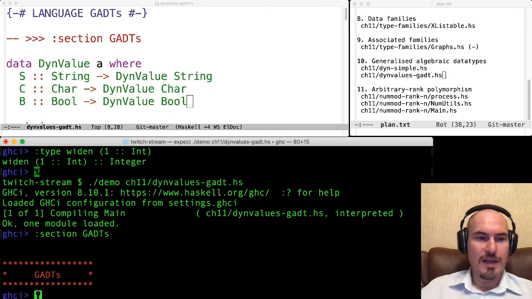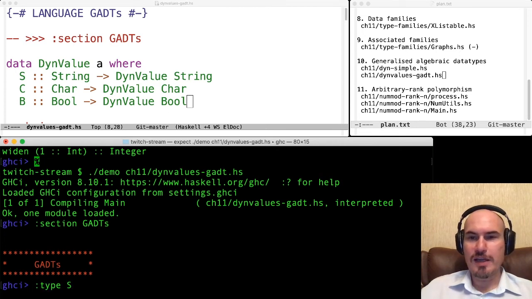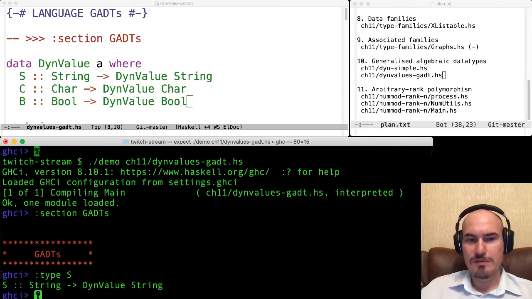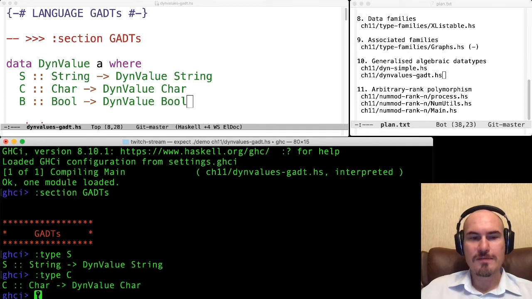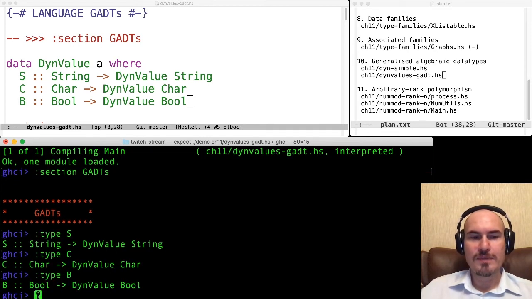So we can ask for the types of these data constructors. The type of S is this one, C, this one, B, this one, from Bool to DynValue Bool. If you ask for the type of Just, it will be a to Maybe a. Type of Nothing will be Maybe a.